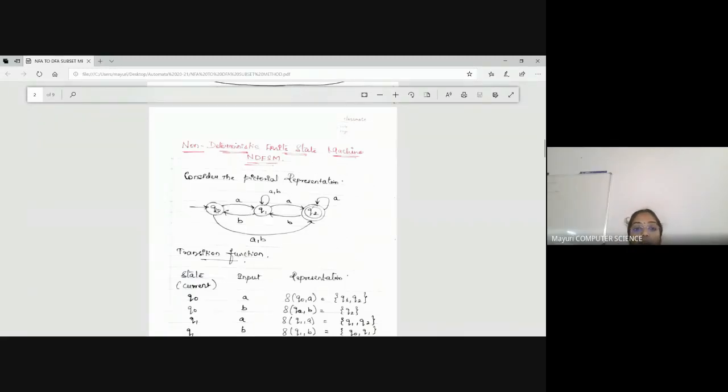In the NDFSM, you see from Q0 to Q1, you have provided the input over A, right? So in DFSM, in DFA, once we have provided an input, for example, on A, we had a transition to one state. We don't provide another transition on the same input symbol. Exactly once we will follow that. But here you see from Q0, it's going to Q1 on A. Also, it's going to Q2 on A. You observe?